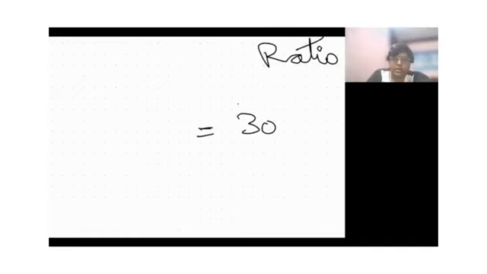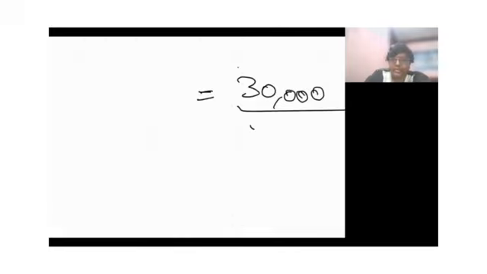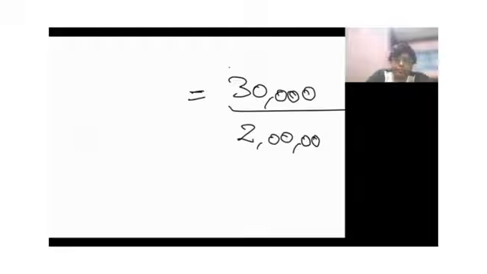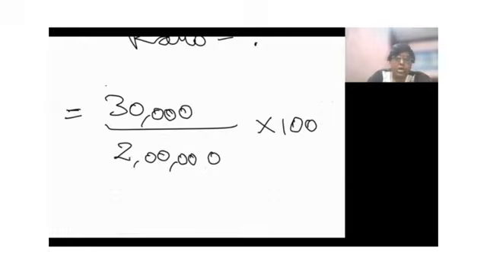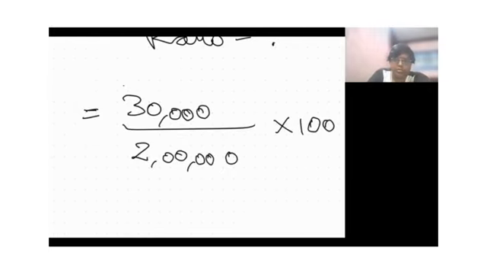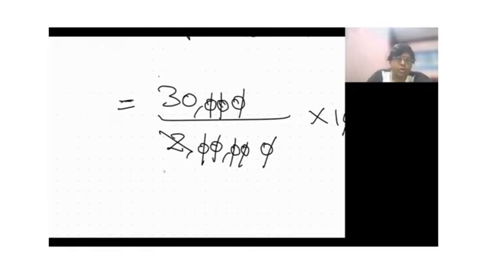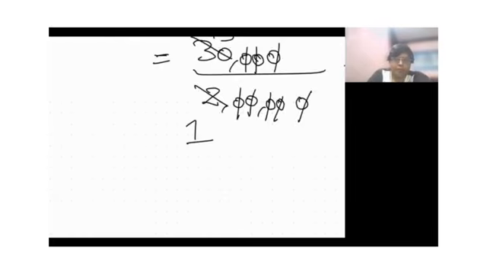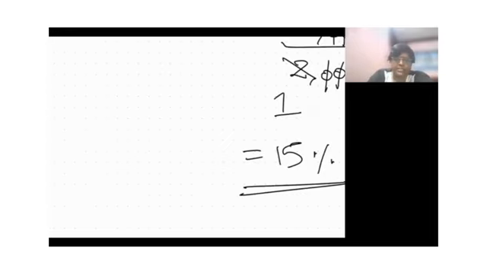So 30,000 divided by 2 lakhs into 100, and as we did before, let's cancel the zeros and into table 2 goes 1 time and 30 comes 15 times, so it's 15%. And interpretation for this is